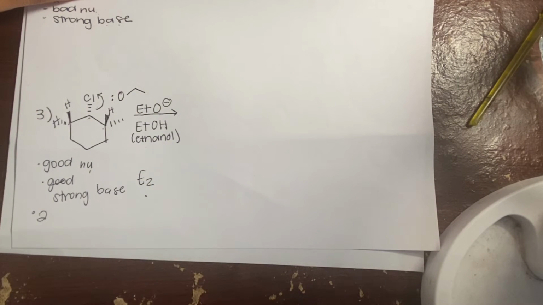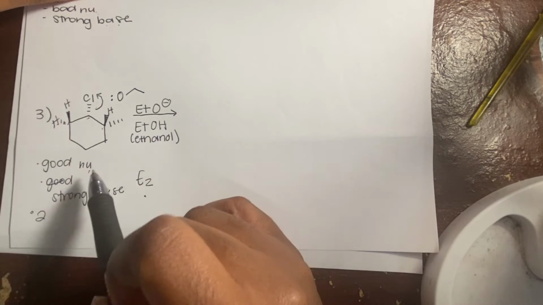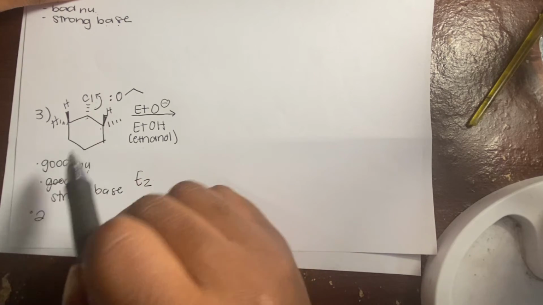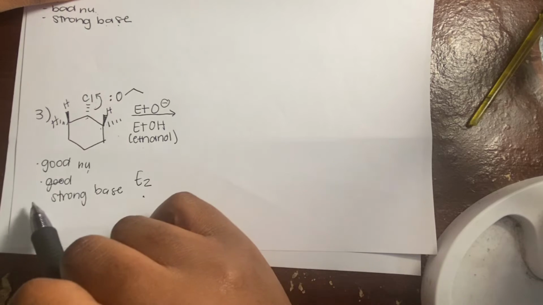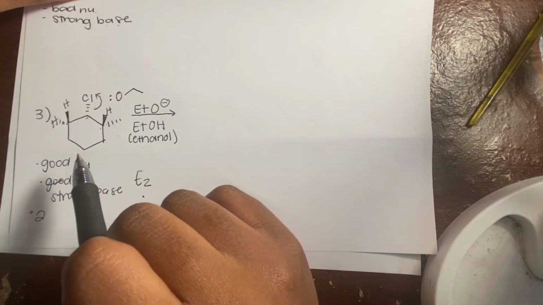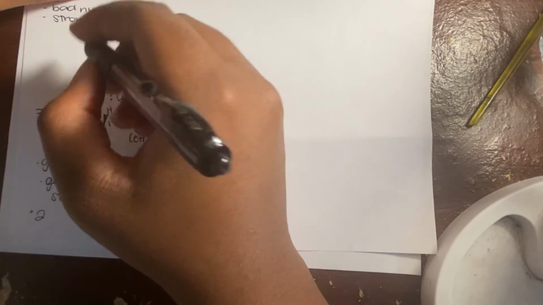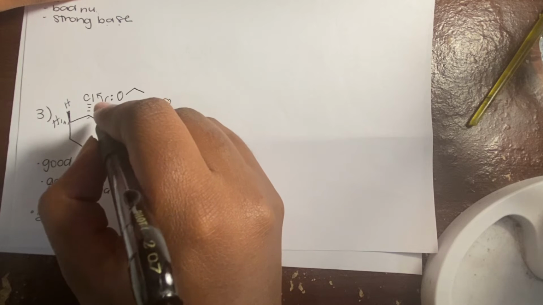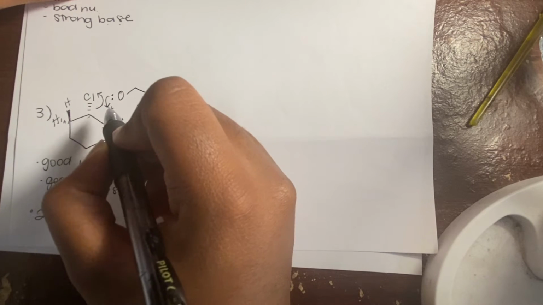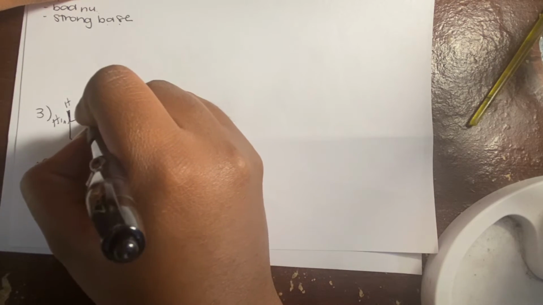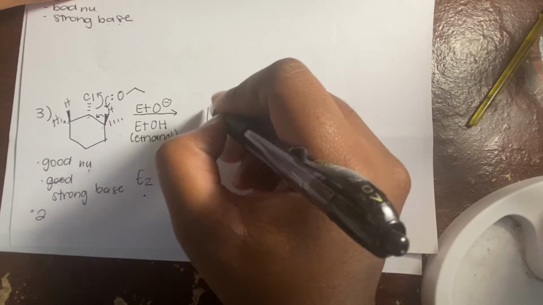And going back to our Zaitsev rule, we know that it's going to take the hydrogen from here because it checks our boxes for antiperiplanar, and it would give us a more stable, more substituted product. So our base is going to take this hydrogen, and the electrons that were attaching the hydrogen to the molecule are going to contribute to the double bond to give us,